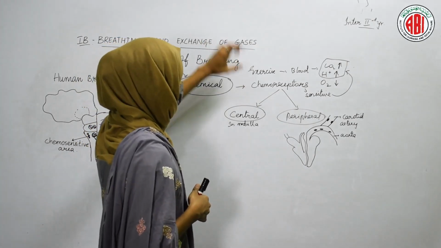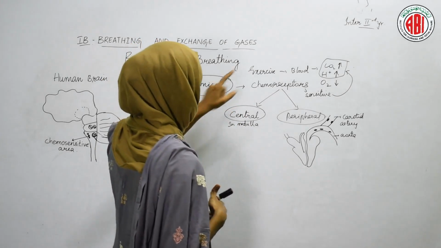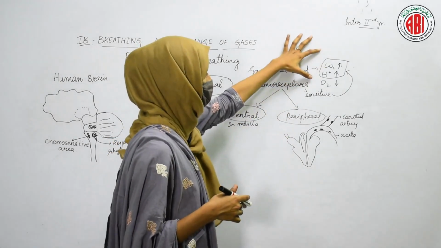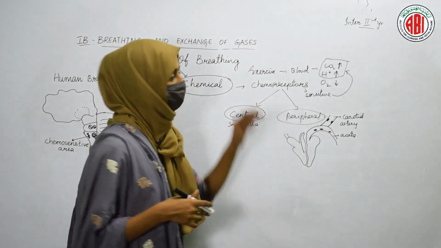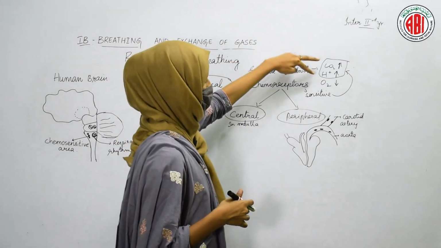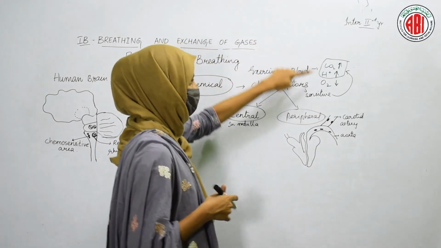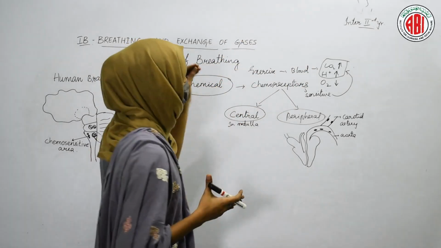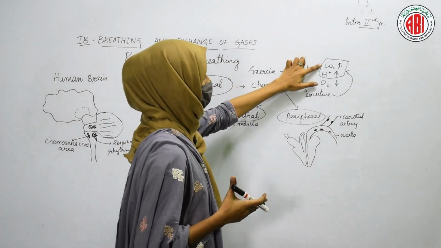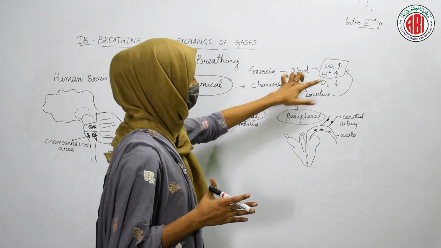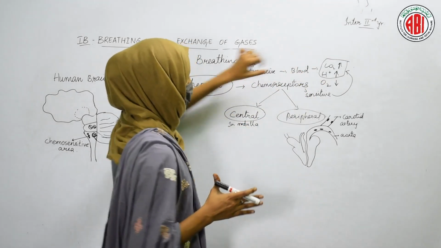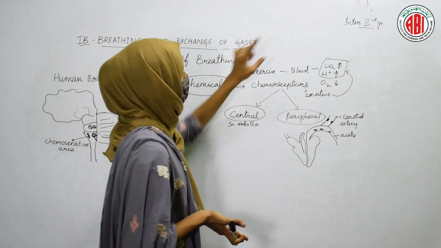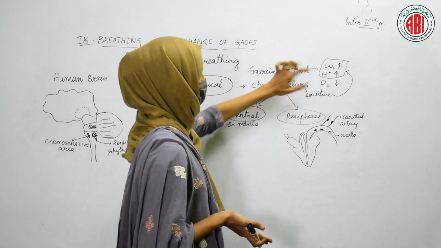We'll take an example here. If we do a lot of exercise, then at that time in the blood the partial pressure of carbon dioxide, the concentration of carbon dioxide, increases, as well as the hydrogen positive ions. Due to the increase in the concentration of carbon dioxide and H positive ions, these chemoreceptors become active. They can sense the increase in the concentration of carbon dioxide and H positive ions. But another factor, like the decrease in oxygen, would not affect the chemoreceptors. They cannot sense the decrease in oxygen. They can only sense the increase in the concentration of carbon dioxide and H positive ions.